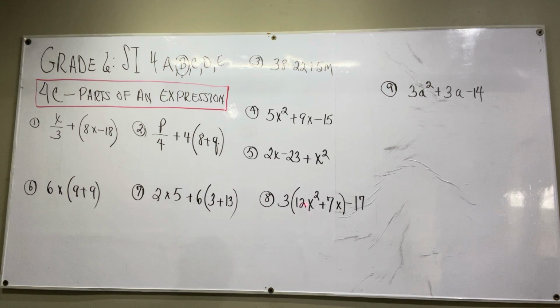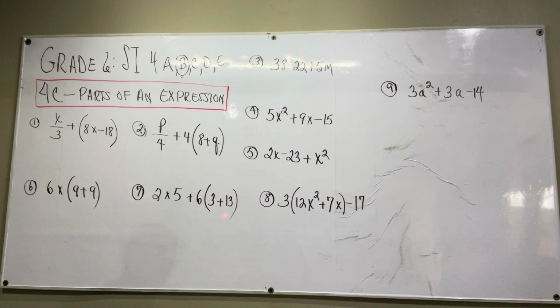So this is one term, 2 terms, times 3, and a second term. So this is a quantity that has 2 terms. And the expression has 1 term, 2 terms, 3 terms, and another